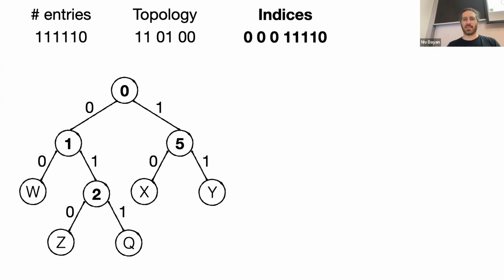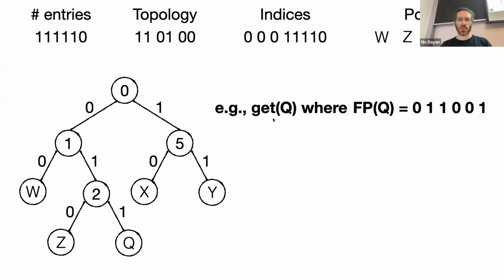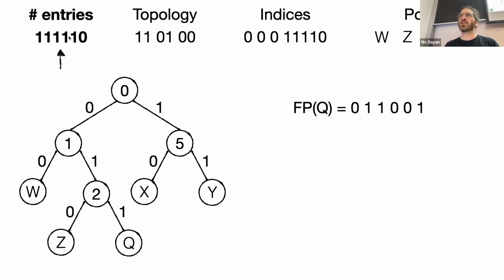All right, nice. So what now? Now we can just lay out pointers or payloads for each one of the keys. We lay them out in the same order as the leaves appear in the trie. And now let's ask the question of how to answer a query. Suppose we do a get of q, where this is a fingerprint. First of all, we're going to look at the number of entries in the trie so we know what to expect. Then we will go to the root node and look at the index,